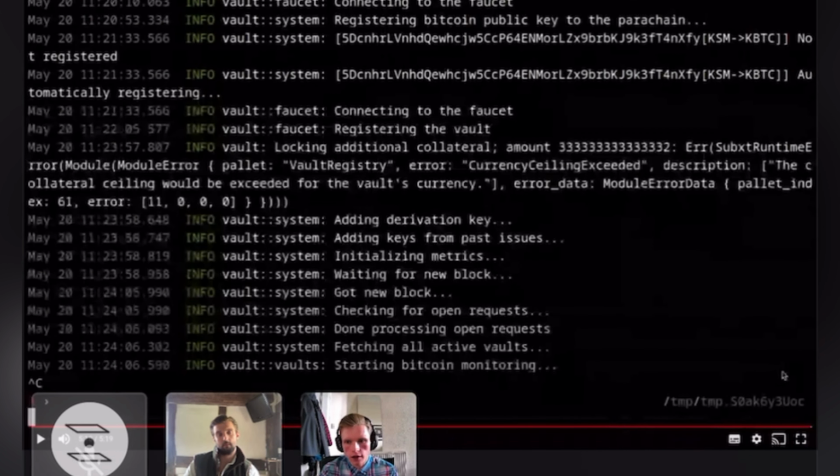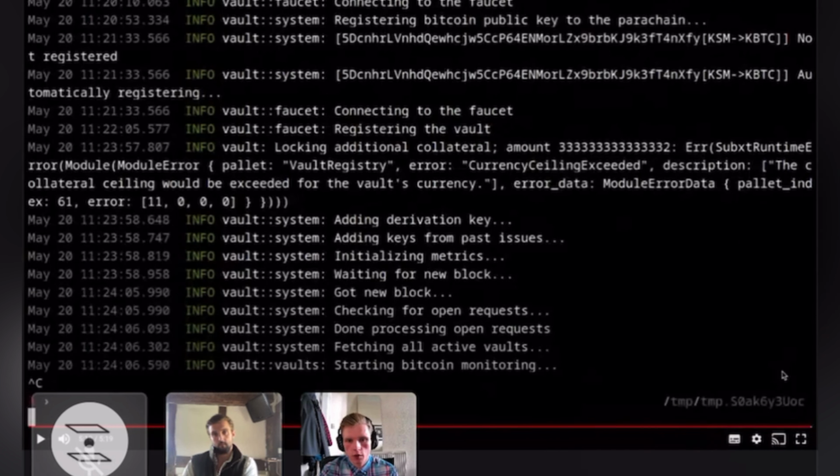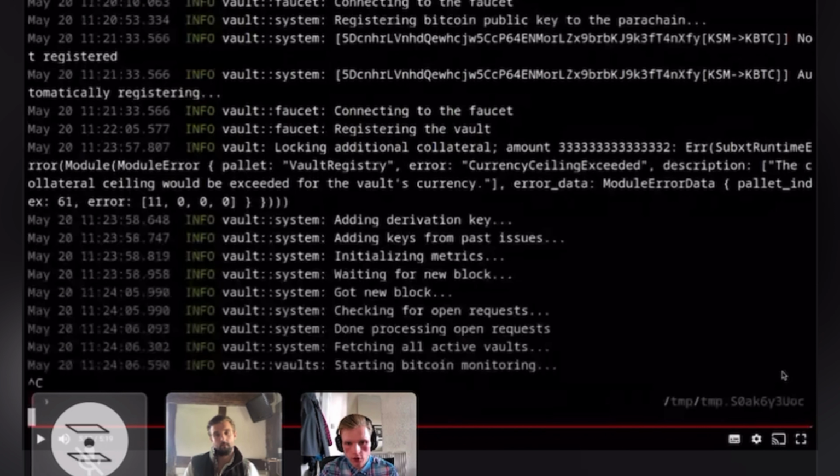The Vault client supports Prometheus metrics, and this allows you to build some nice Grafana dashboards, which I think some operators have already been doing. And then it will continue with monitoring the chains. It will check for any open requests, so redeem and replace requests, and it will check Bitcoin for payments that still need to be submitted to the parachain. We can see here it then says done processing open request because it doesn't have any payments to forward. So the vault is at that stage idle,